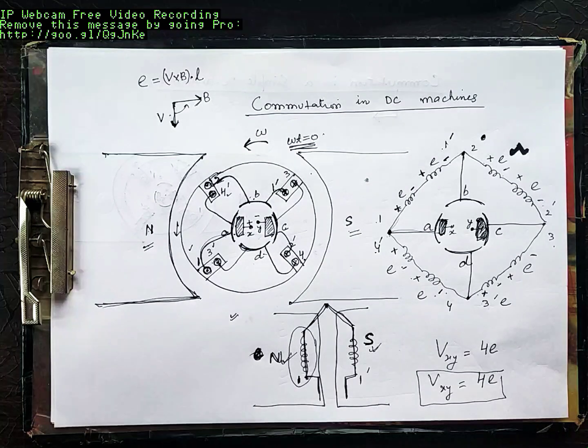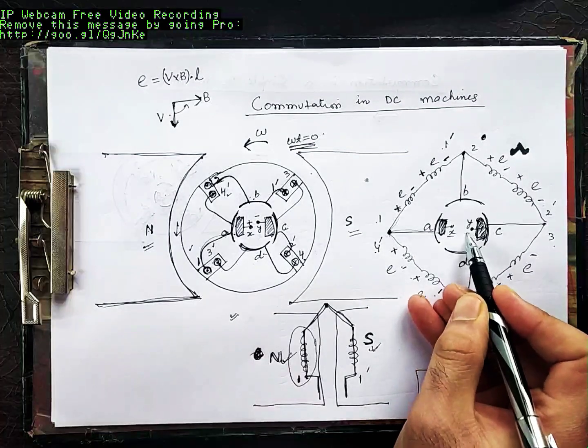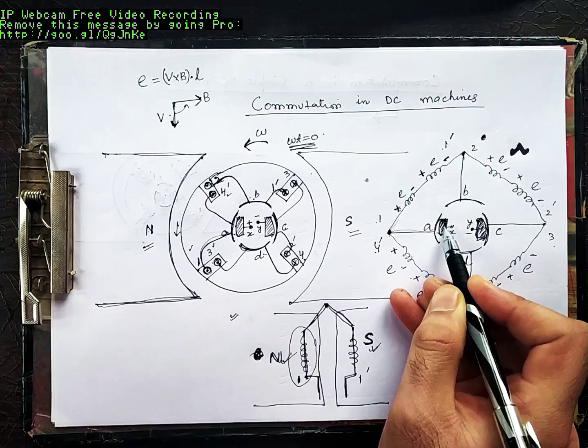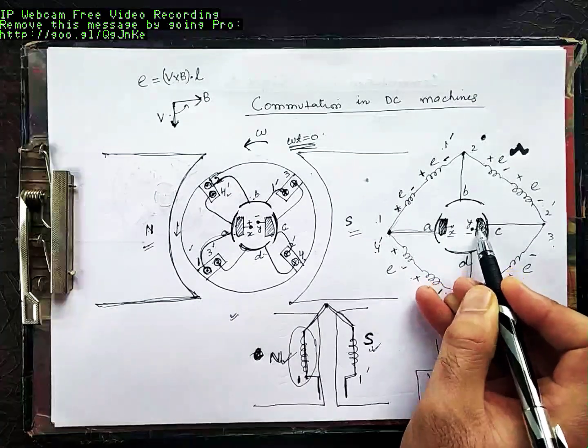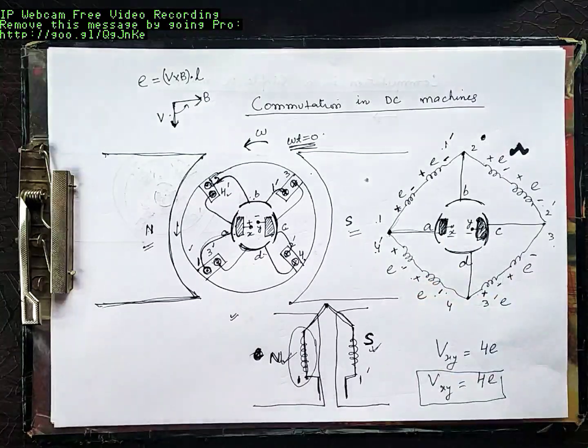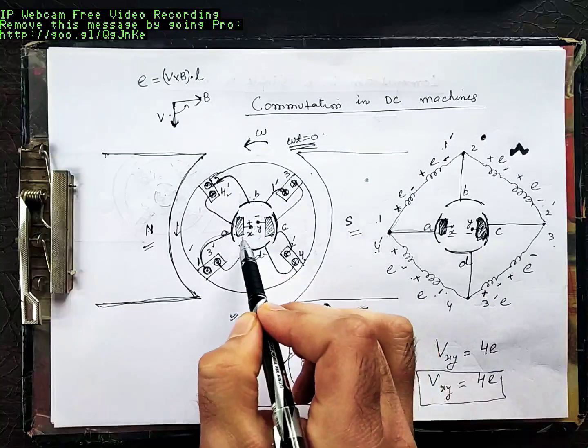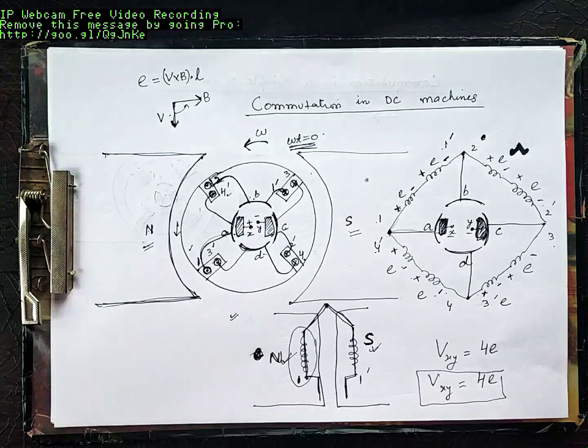Now, how much is the voltage out of the machine? This X is a brush, Y is a brush. We know already from the early lectures in our class that brush X is stationary and brush Y is stationary. Both the brushes are stationary. The commutator segments rotate, but brushes X and Y are not moving. We get voltage, or EMF, at the terminals X and Y.